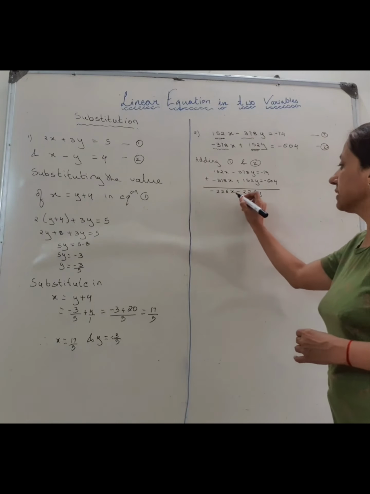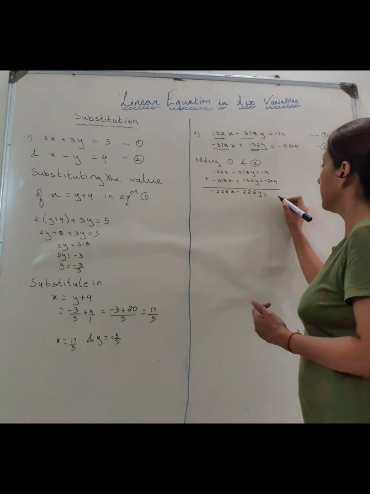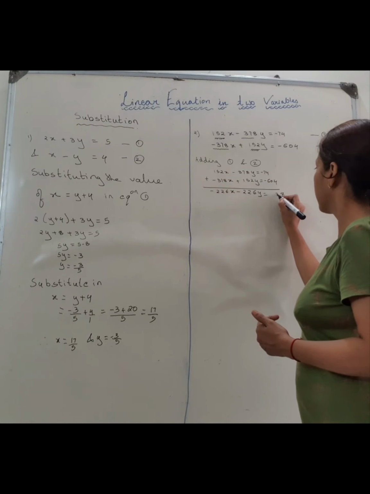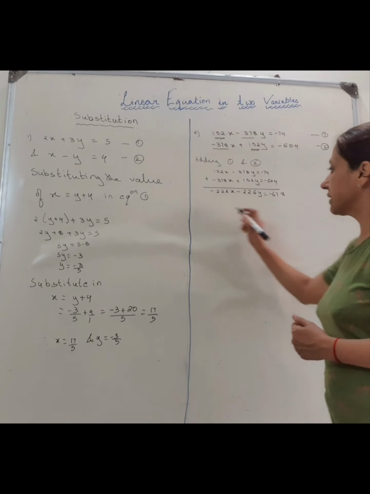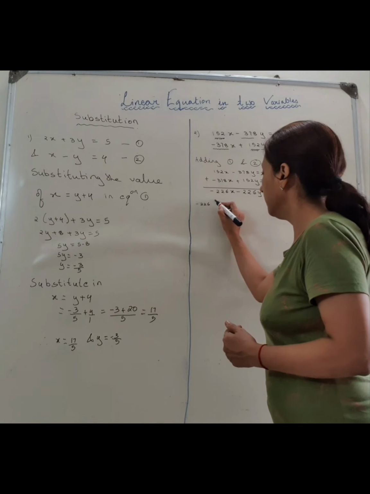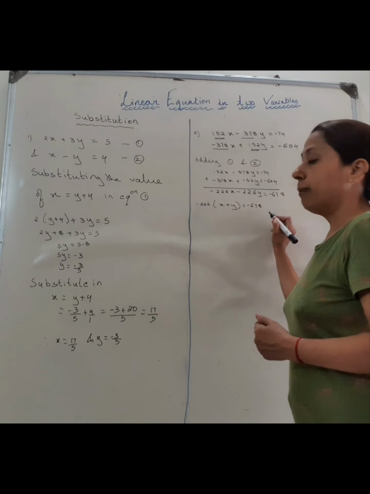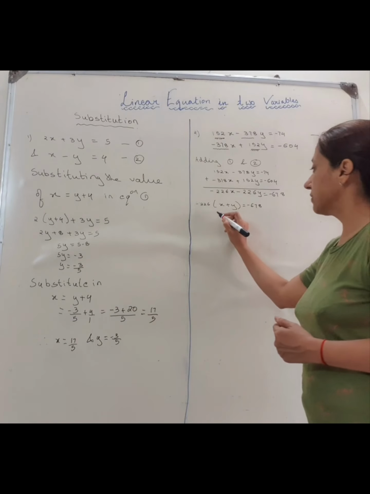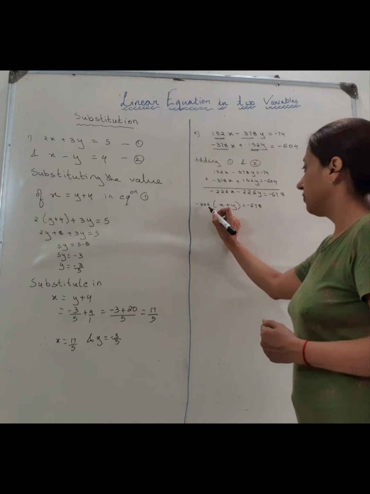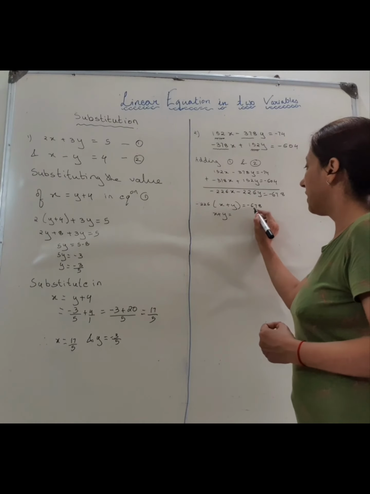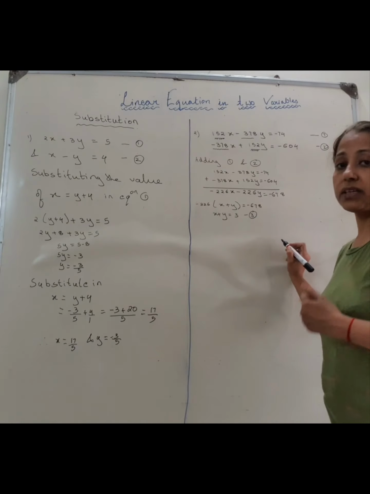But I am getting minus 226x minus 226y is equal to, here if I add minus and minus, it means addition. So this will become minus 678. Now I can take minus 226 common. So when I take minus 226 common, I will be having x plus y is equal to minus 678. I can divide on both the sides by this number minus 226. So you will be having x plus y is equal to, 226 3s are, if you see, it is minus 678. So it will be getting reduced to x plus y is equal to 3 when you add.